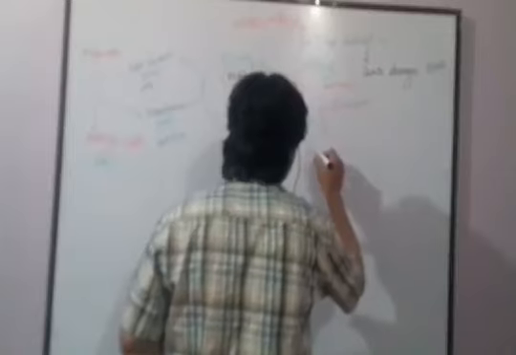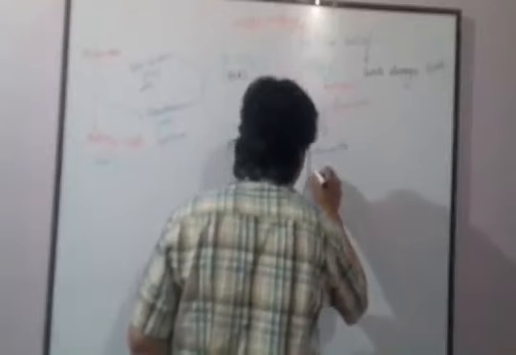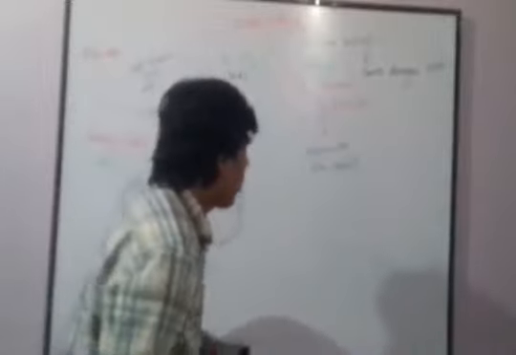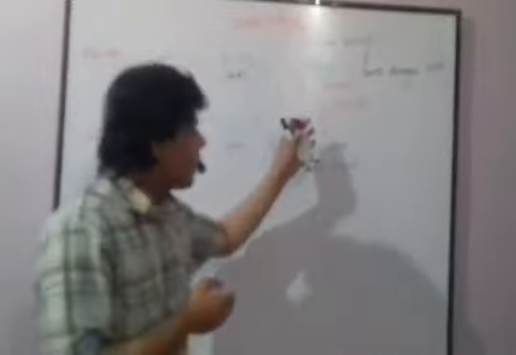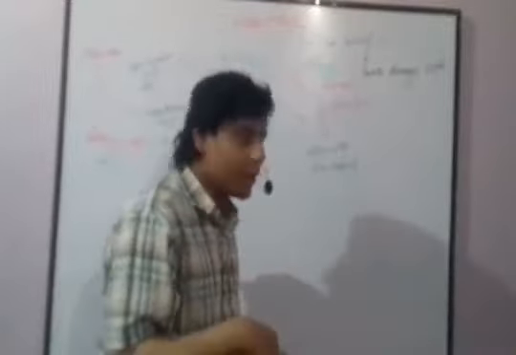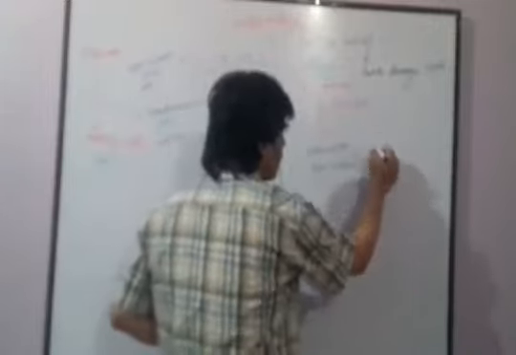Now due to this lone pair, we call this superoxide, or we can say free radical. We can also call it superoxide or free radical as well. So that's how this superoxide or free radical will be produced. After that, this free radical comes and attaches to DNA, and they cause DNA damage.